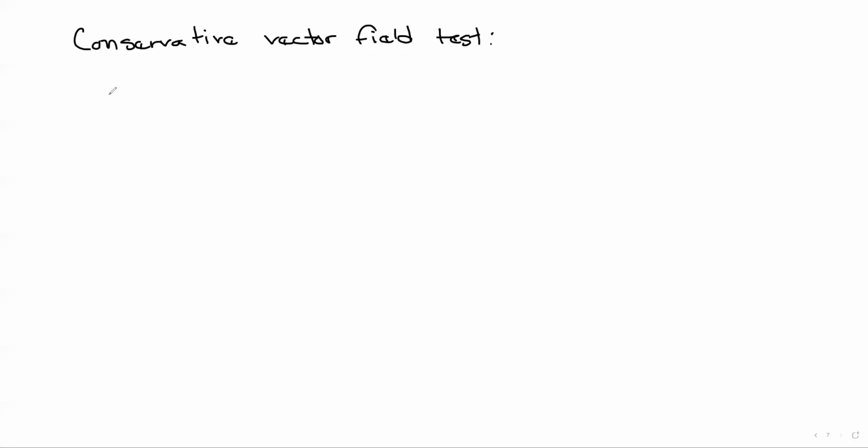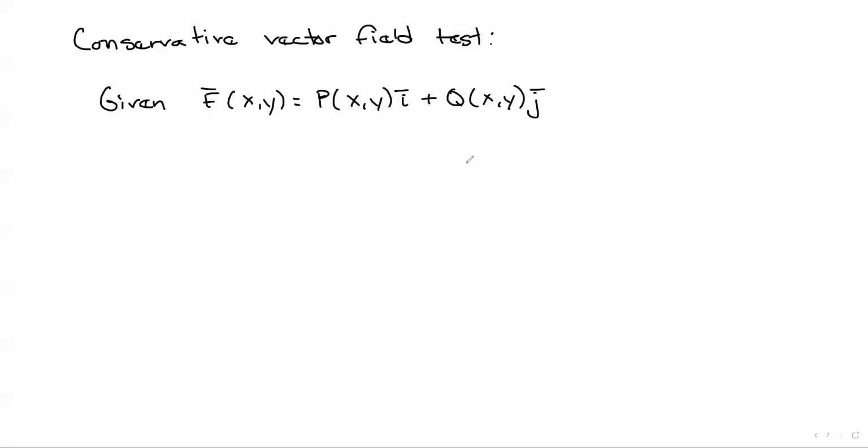All right, so given capital F of x comma y, so we've got our capital F vector field. Let's say that equals P of x, y i plus Q of x, y j. So we've got P for the x component and Q for the y component. Given vector field F can be broken up into P and Q this way